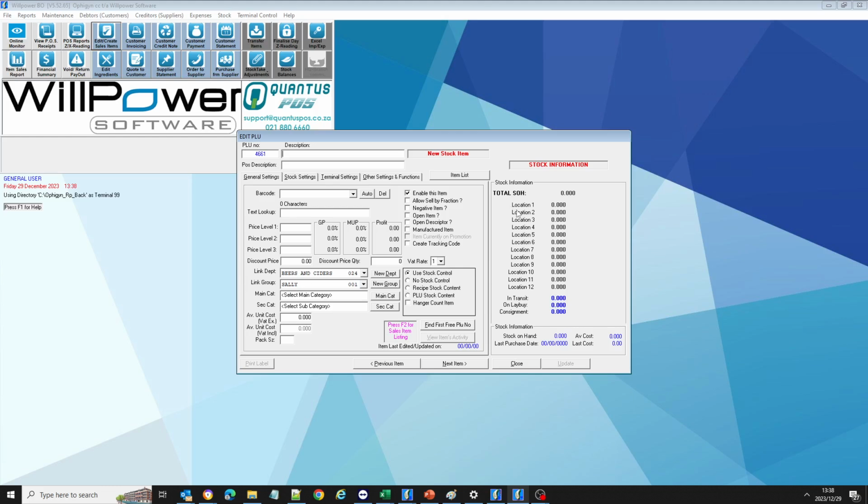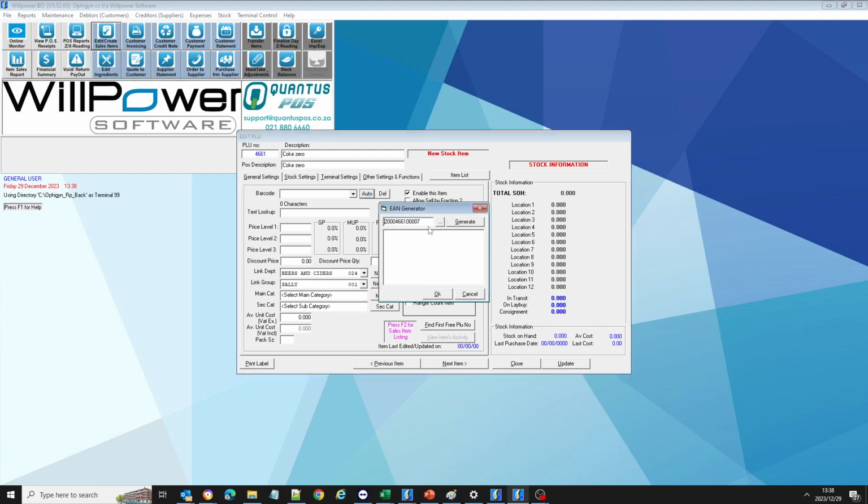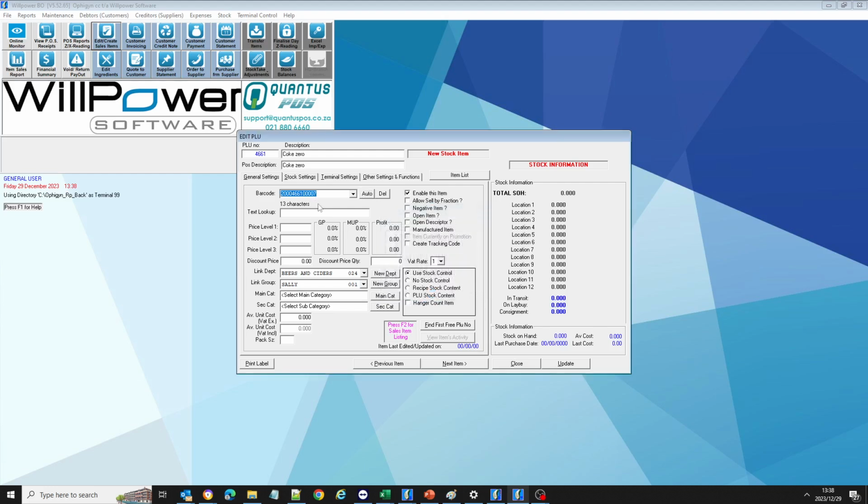Let us make a Coke Zero, and then you would have your barcode scanner, scan it in. If you don't have a barcode on an item, maybe you've got some biscuits that you've made and you want to create a barcode, you can auto generate a barcode for it and it will generate its own barcode for you. But normally we would just scan the barcode and then we use price level 1. Price level 1 is the selling price of that item,